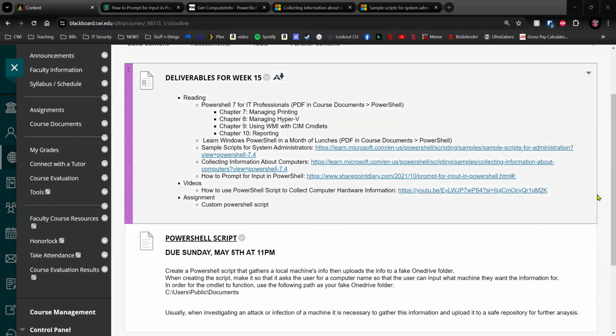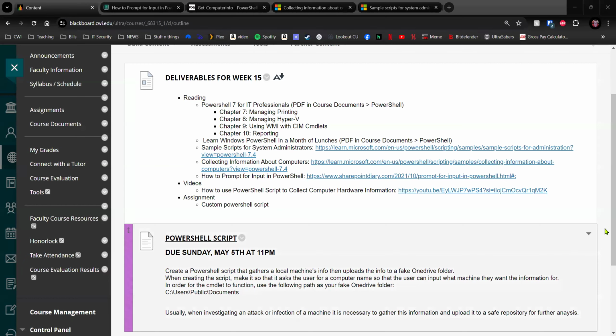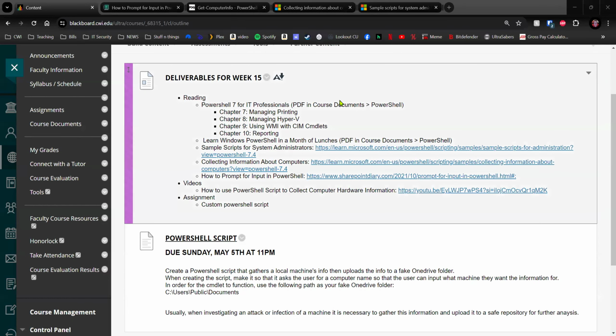So we have 2 weeks left. For this week, we have a PowerShell script that is going to be due on Sunday. I tried to dump a whole bunch of things to point you in the right direction, to give you everything that you're going to need to do. Basically, I want you guys to make a script that gathers local machine information and then uploads it to a